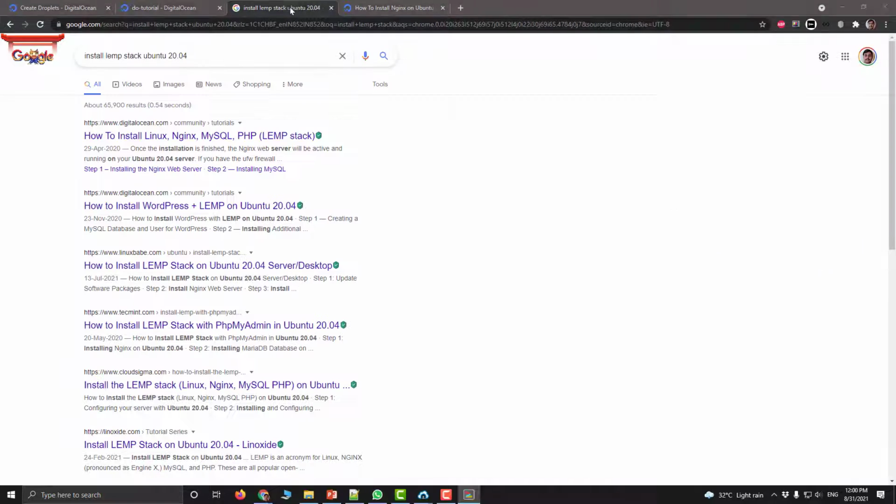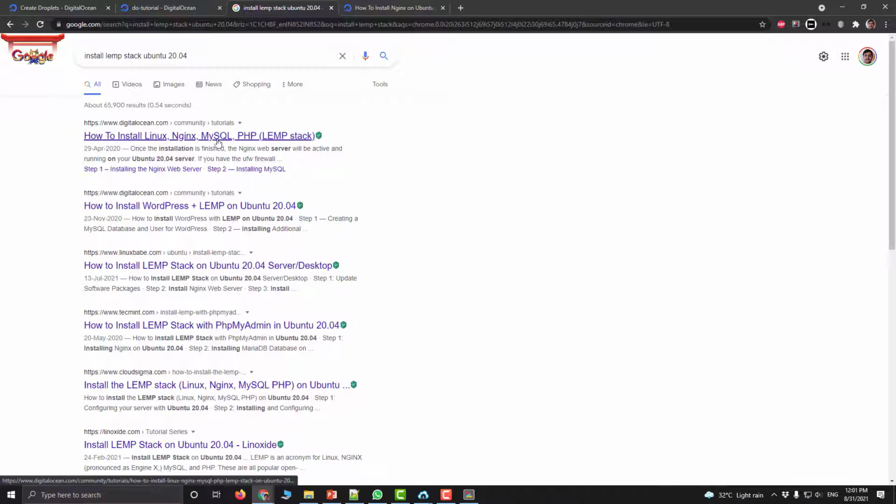Now let's say you want to set up the server as a web server. For a web server you need a few things like your web server software, that is Nginx, and you may like to install a database. The default one is MySQL. Then of course you need PHP for any kind of dynamic website content. So this whole thing is called LAMP stack. If you Google it, the first result comes from DigitalOcean.